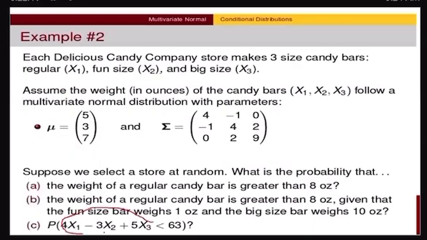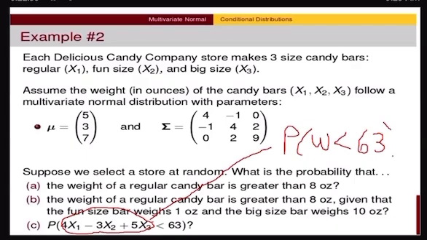I'm going to rewrite this. Why can't I just write that I want to find the probability of W less than 63? I can say that, where my W is a linear combination: W equals 4x1 minus 3x2 plus 5x3. Can you see that? Now, if I want to find the probability associated with W, what I'm going to do